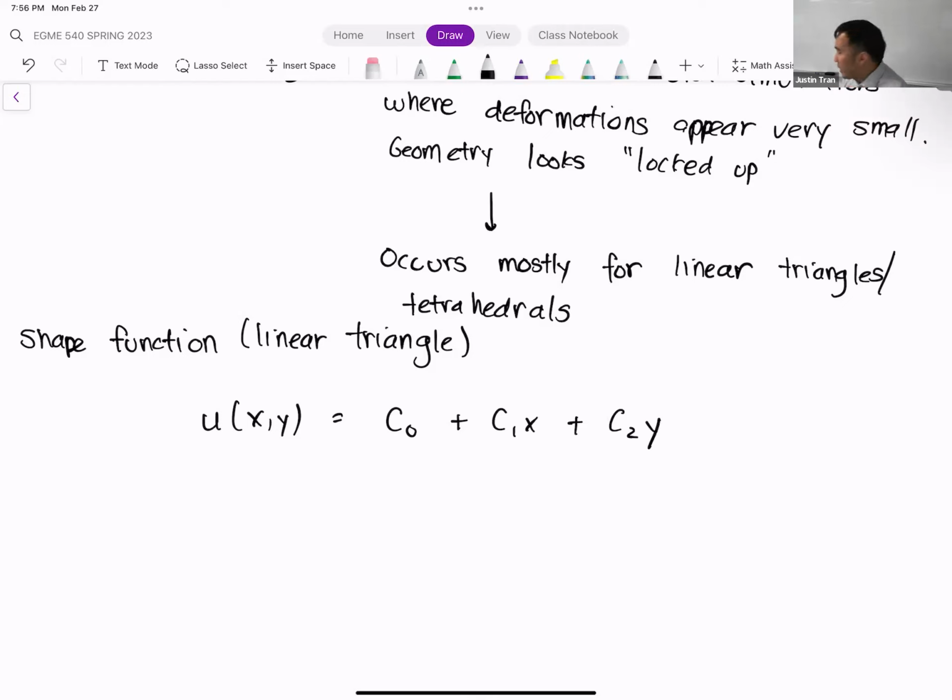So that was the shape function that we had for a linear triangle, right? So we had 3 nodes, and so we had 3 terms. And so for a structural simulation, we're going to be using this function here to approximate the deformation.